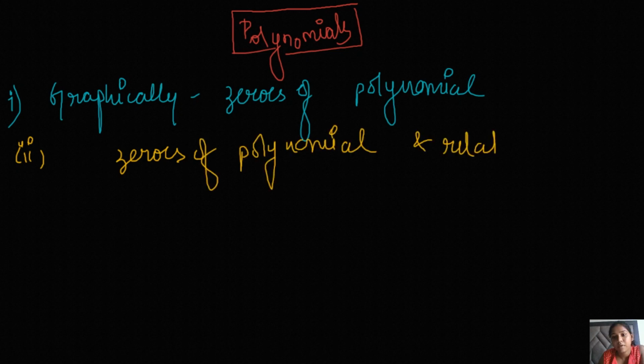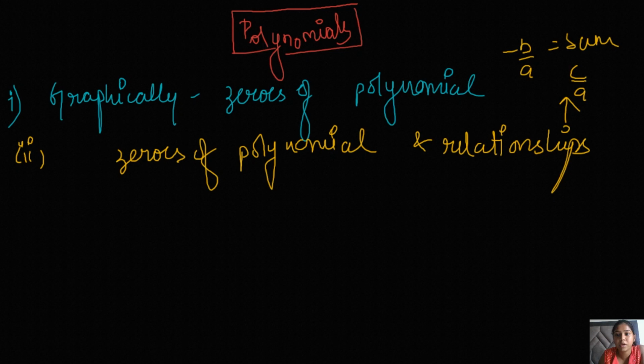Very important: minus b by a equals sum, and c by a equals product. I hope it is clear. I'm just writing a quick recap or a short paragraph so that whenever you look at this chapter, you always know what you are going to study, what you have to study, and what you have already done. Third is the division algorithm